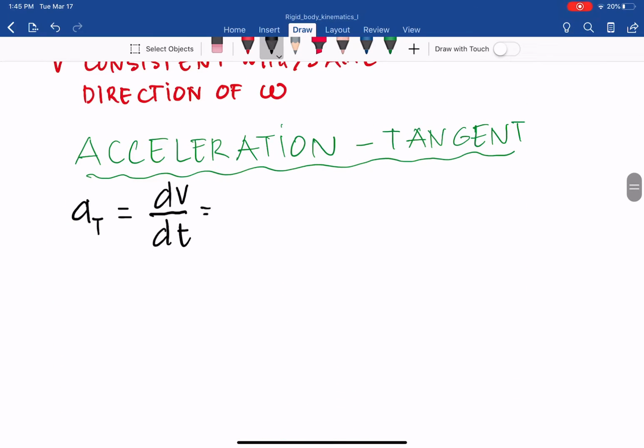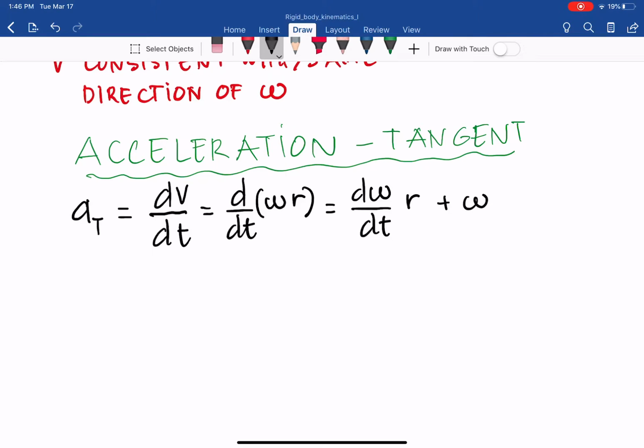It equals d over dt of omega r. When we have that here, d over dt of omega r, in terms of the math, we can have d omega over dt times the radius, right? And we plus the omega times